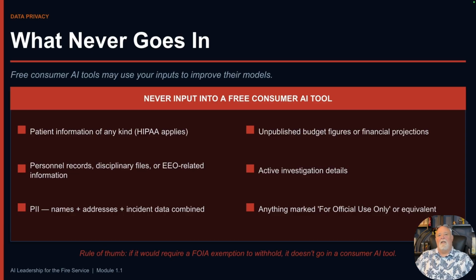Personnel records and disciplinary files. Never. Personally identifiable information combined with incident data. That combination is the specific thing that creates exposure. Unpublished budget figures. Active investigation details. Anything your agency would protect under a Freedom of Information Act exemption should not be put into a free consumer